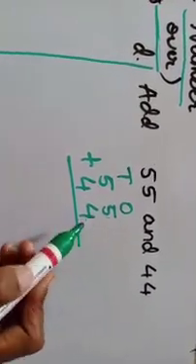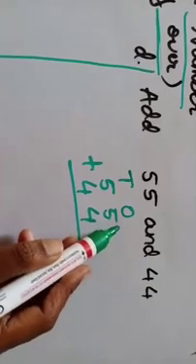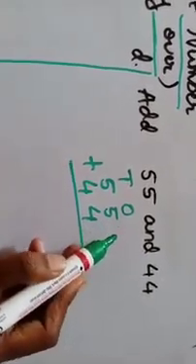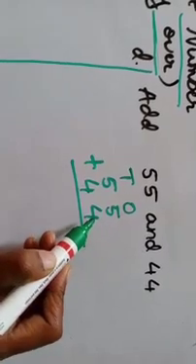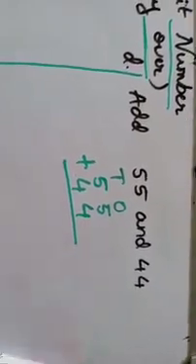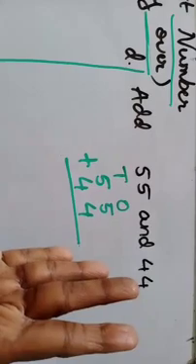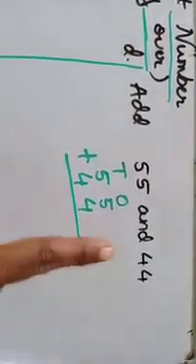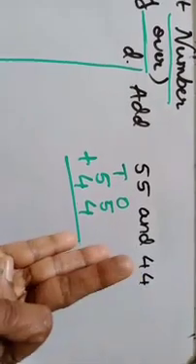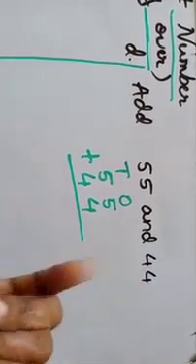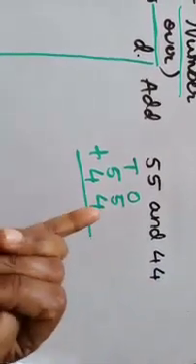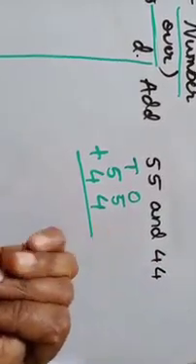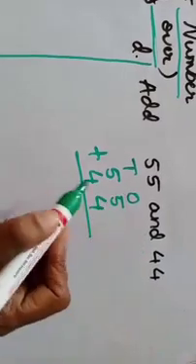So 5 plus 4. 5 is the big number we have to keep in the mind. 4 is the small number that we have to keep in the hand. Isn't it? 5 is in the mind, 4 is in the hand. 5 after 6, 7, 8, 9. Once again, 5 after 6, 7, 8, 9. Right here, 9.